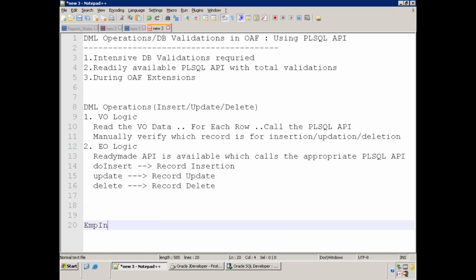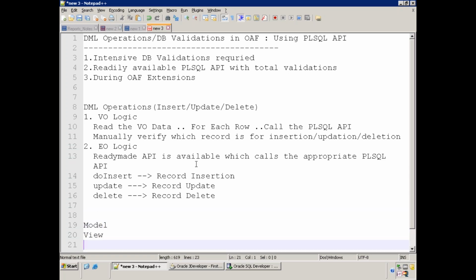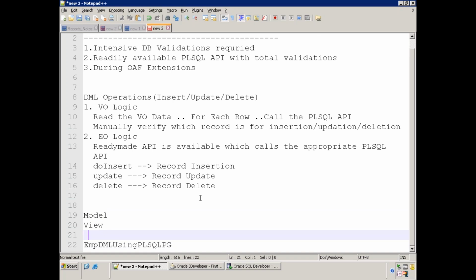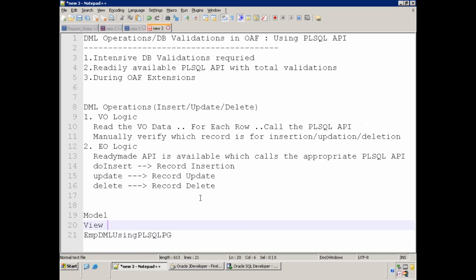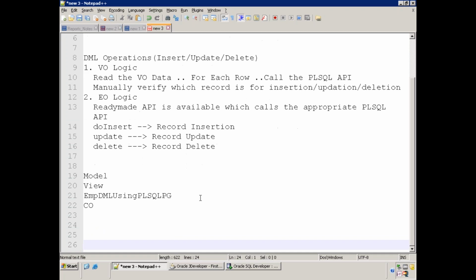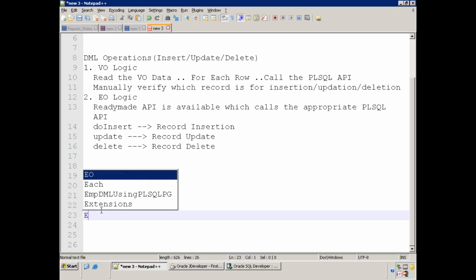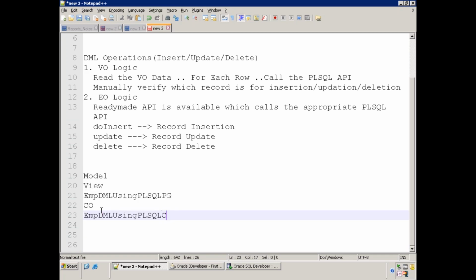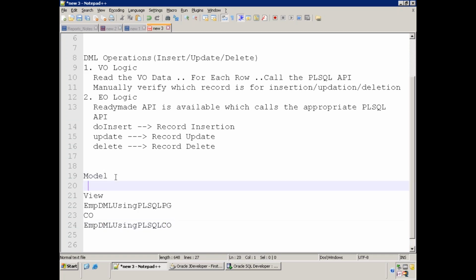I'll name it emp insert, emp DML using PL/SQL. This is the page name. If you consider the model stuff, view, and controller, we need the CO and the table page CO. In the model layer, what do we require?